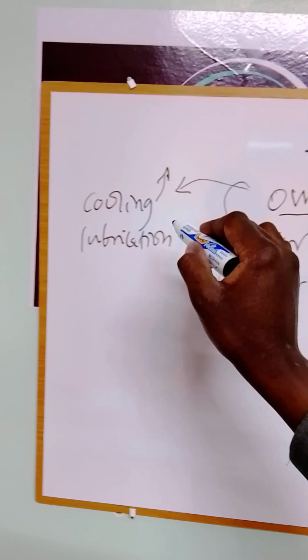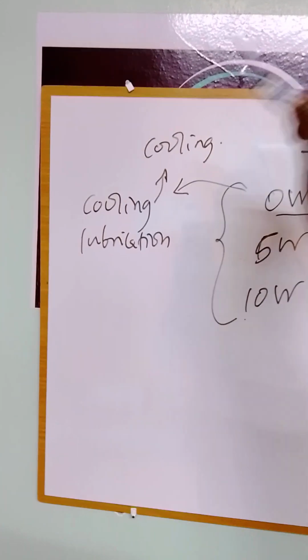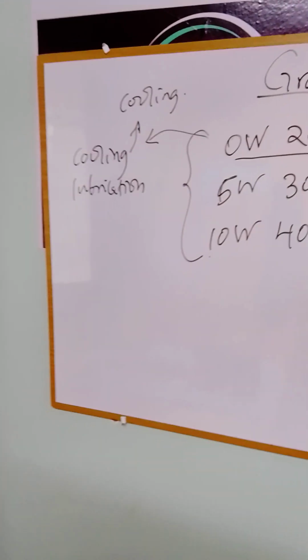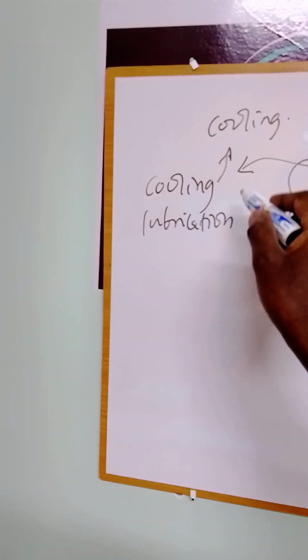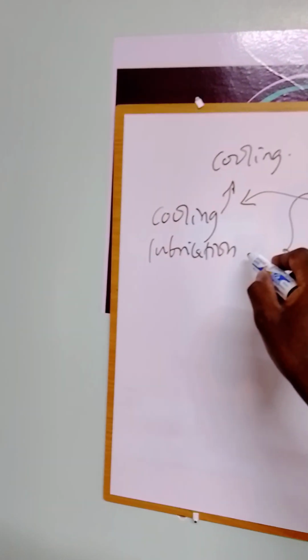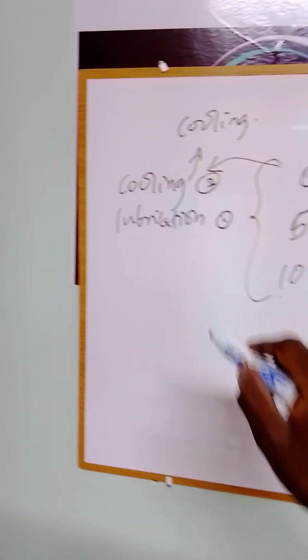Cooling is also aided by the cooling system, including the coolant, the water pump, the piping, and the radiator. So we had these two major functions, with lubrication being the topmost function, followed by cooling in those older